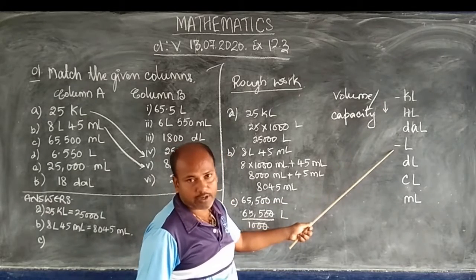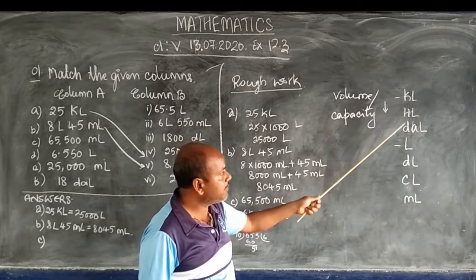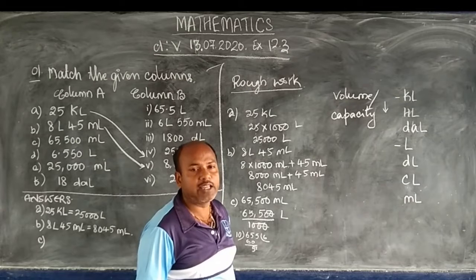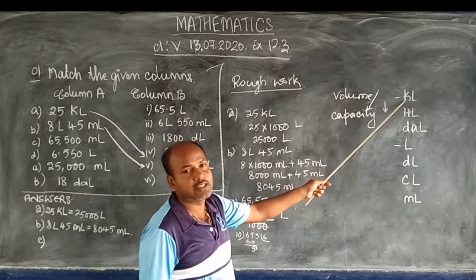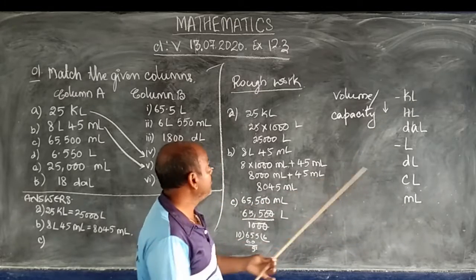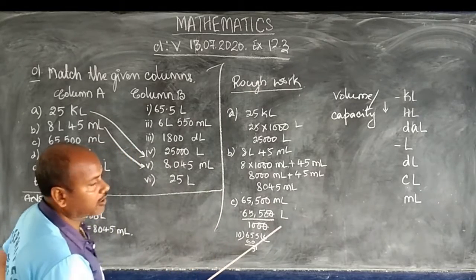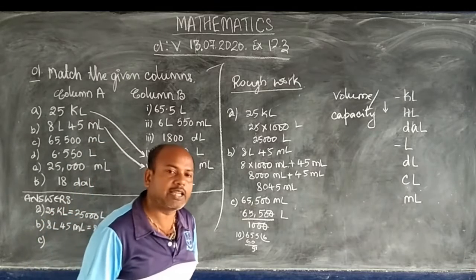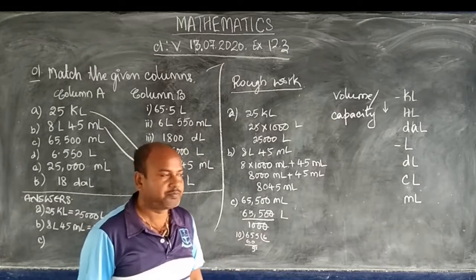Bigger unit into the smaller unit. So you need to multiply the number given in the kiloliter by 1 and 3 0, that means by 1000, since there are 3 steps. So the number in kiloliter needs to be multiplied by 1000 in order to convert it into liter, which I have shown here. This portion of the board is for the rough work, and this same has to be copied on the right hand side of your copy. Make a small margin and show the rough work there.